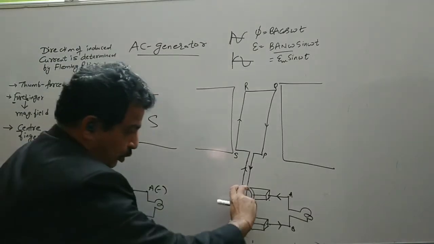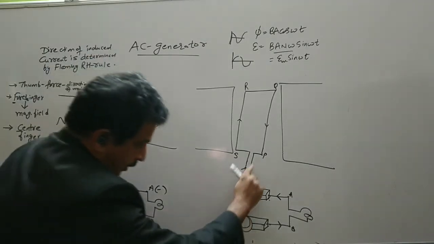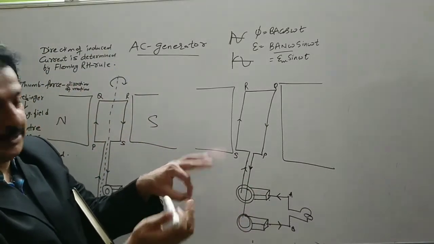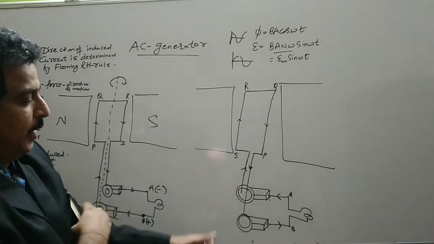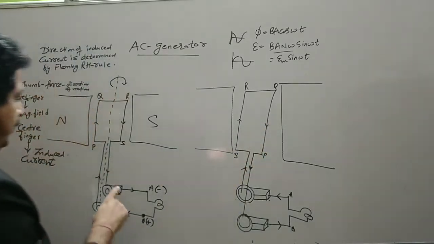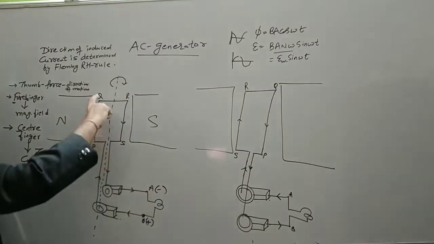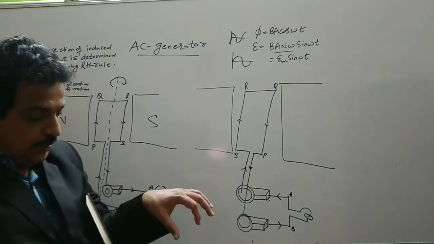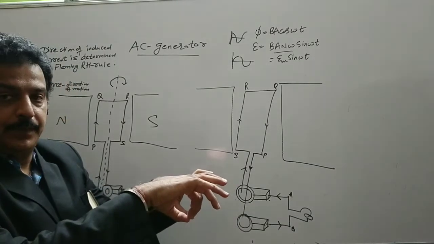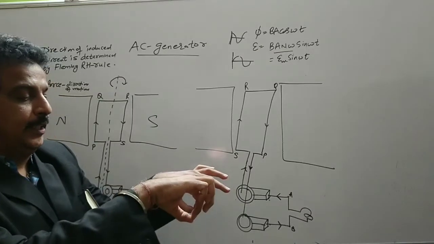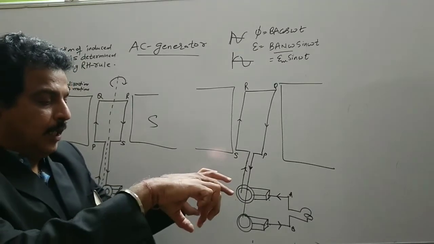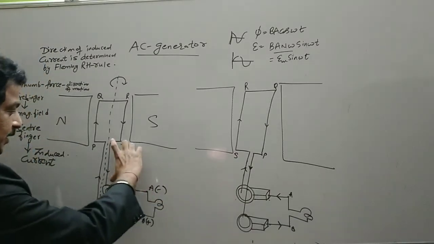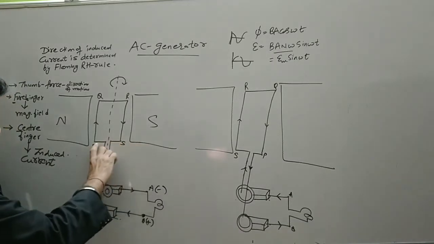So the slip ring should also move, or this wire moves like this inside this. This is my slip ring, so the wire moves like this. Now in this coil, the length of RS is drawn small and PQ is drawn small. Otherwise both the rings are kept concentric or coaxial, along the same axis. But in the diagram we show it separately.